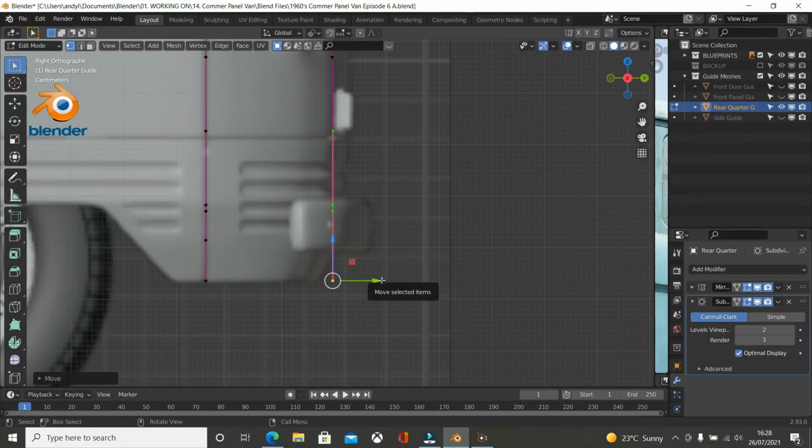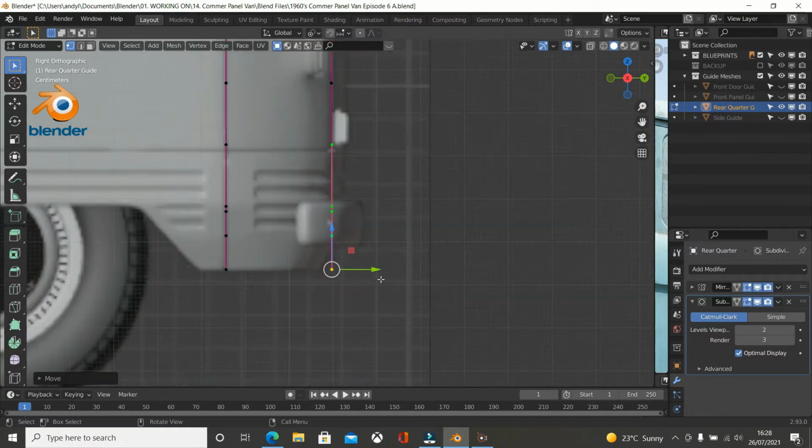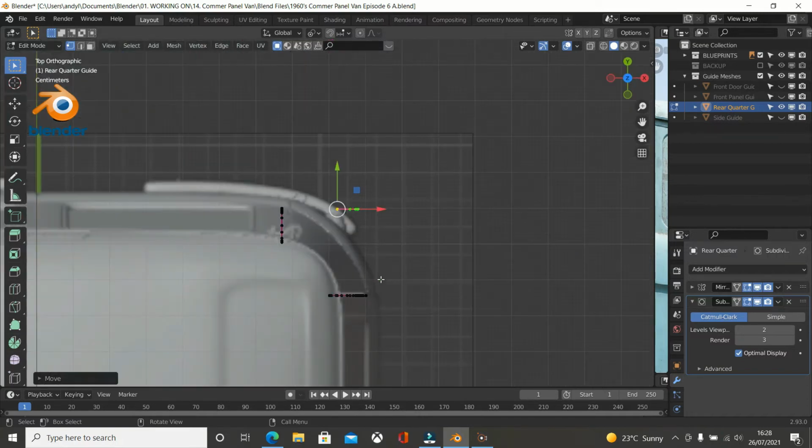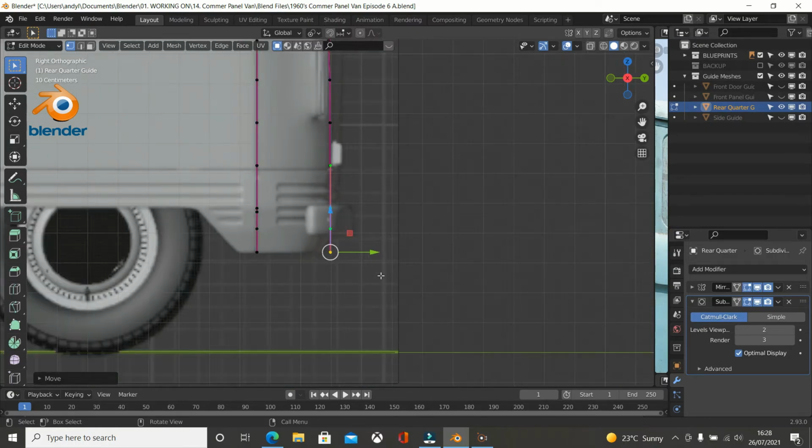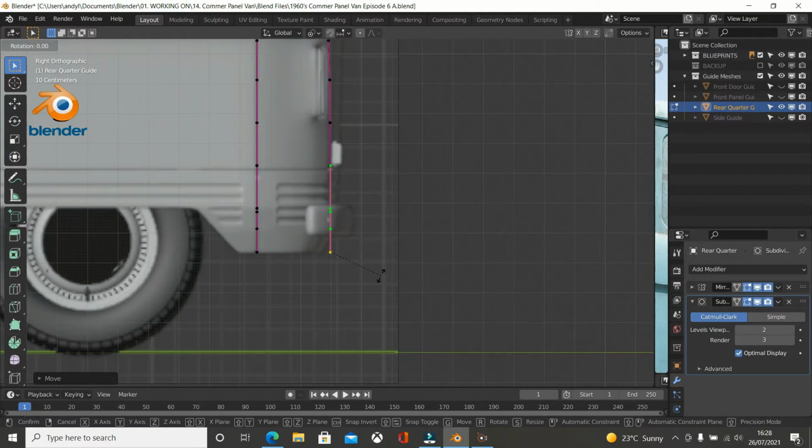Now we need to rotate them by 90 degrees on the Z. So if I do rotate Z90